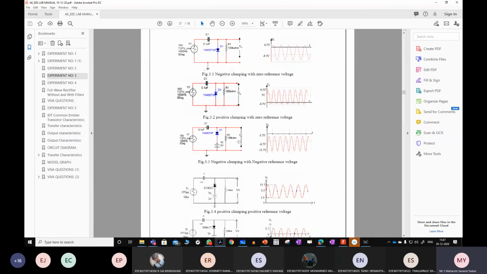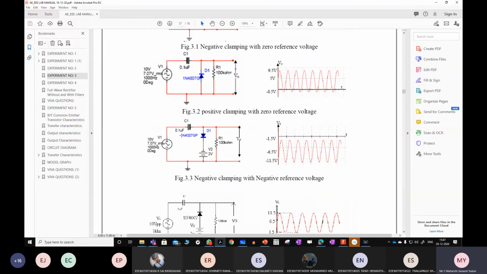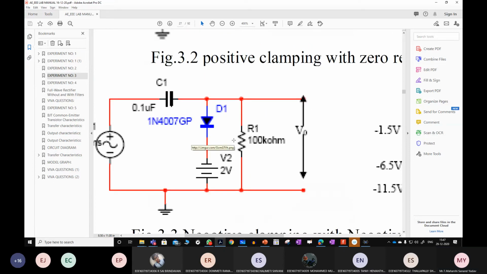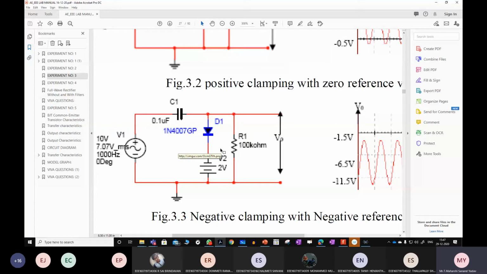So directly, again the same concept, theory part again. But you need to remember these values, like I need a 0.1 microfarad capacitor, diode number, followed by the resistances. Or else if you want to experiment, you can take different values of resistance and analyze this graph also. So what kind of clamper is this one? Negative clamper. And what about this? Diode is biased onward. Negative clamper with which reference voltage? Positive reference voltage or negative reference voltage?